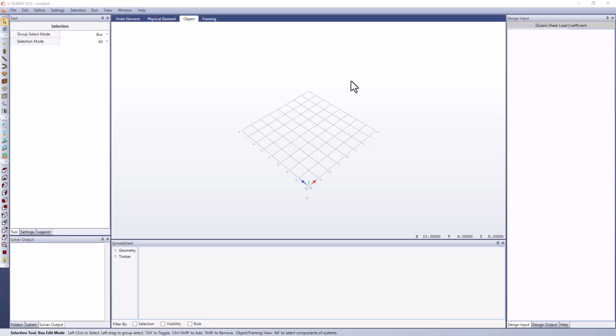Welcome to this video where we're going to be talking about a new feature in STimber that utilizes a wizard workflow to allow you to quickly and easily create single member models that you can then run analysis and code checks on using STimber. So here I'm starting with a blank STimber model, and you'll notice here that I don't